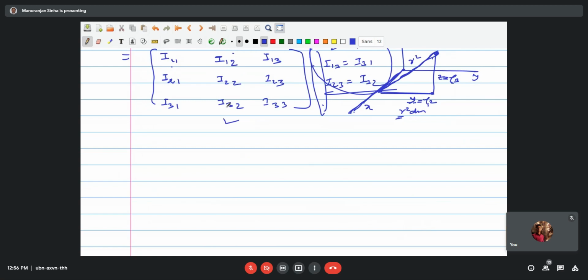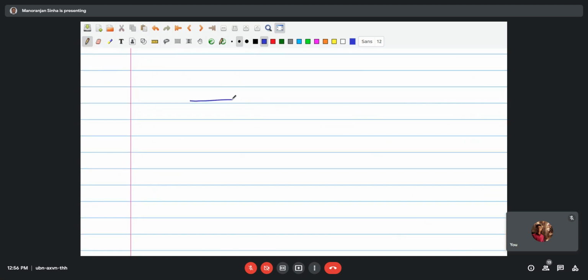The product of inertia, what does it mean? You can consider from this figure. Let us say we have the aircraft, with the left and the right wing. X is taken along the nose, in this direction; this is the X direction, this is the Y, and vertically downward is the Z direction.